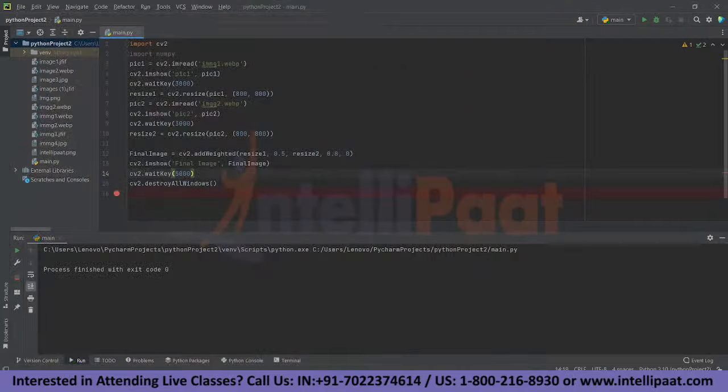Now let's move on to our second project for today, which is face recognition using Opencv library in Python as